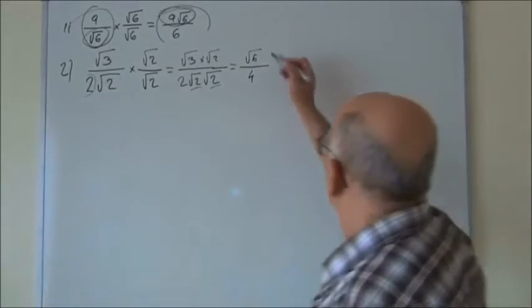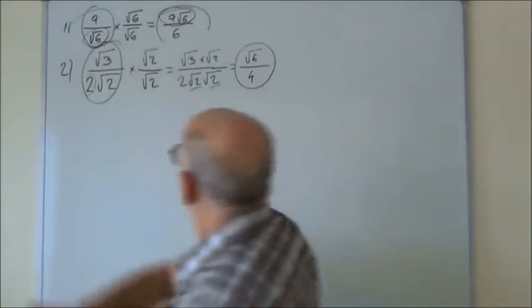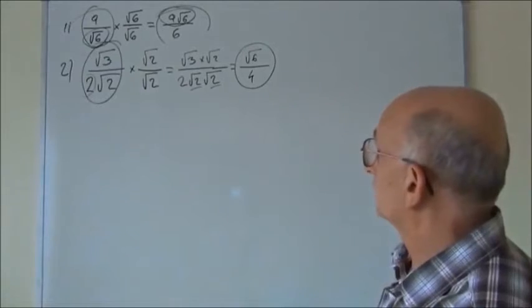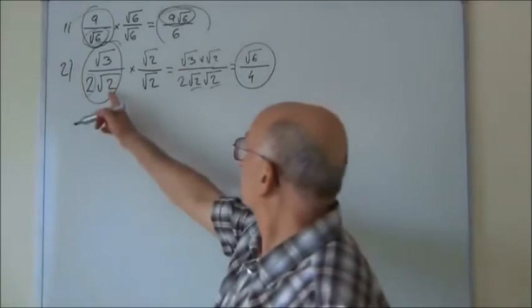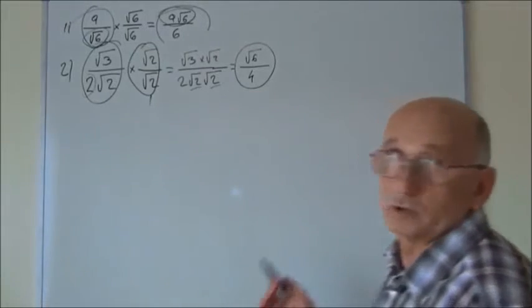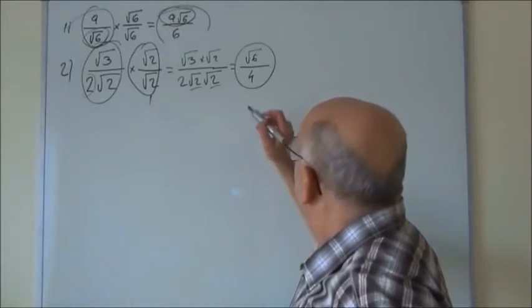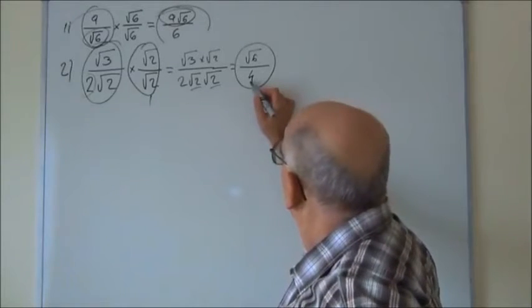Again, the value of this fraction is exactly the same as the original, because we are multiplying by 1. When you multiply by 1, the value stays the same. But we don't have any more